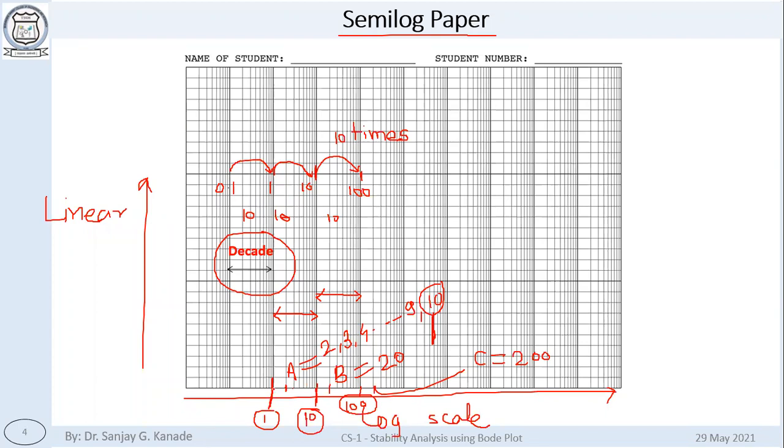What is the trick? Every smaller division is obtained by adding the previous major division value to the current value. Every smaller division is obtained by adding the previous major value to the current value. So after A is equal to 2, here let's say if this is D, then D is A plus this major division 1. A is value 2, then you add 1, you get 3. Okay. Remember how you are getting the scale.